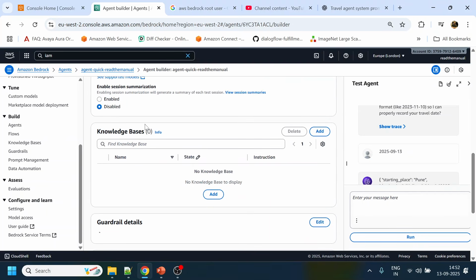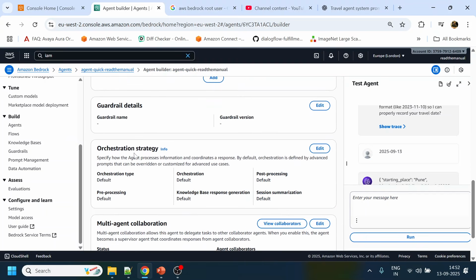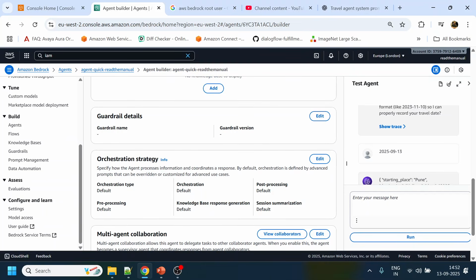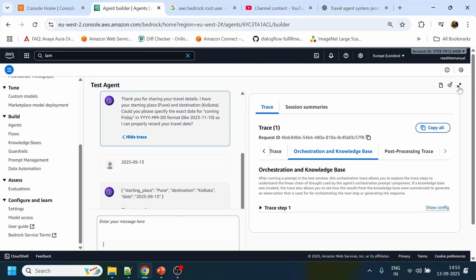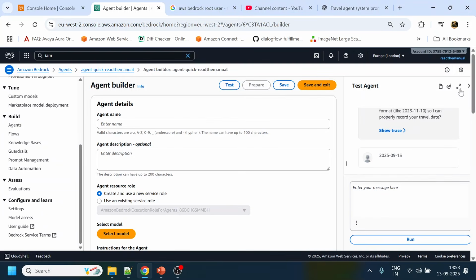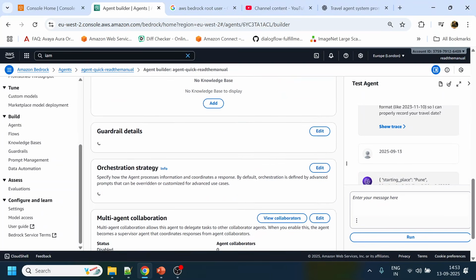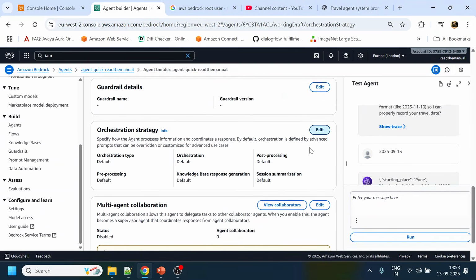That information is present somewhere over here, in the orchestration strategy. So what exactly to do? When you see the trace also, this is the routing trace, orchestration knowledge trace, and there is something called the pre-processing trace, then something called the post-processing trace, and the same thing you will be able to find over here. So if I click on edit over here,